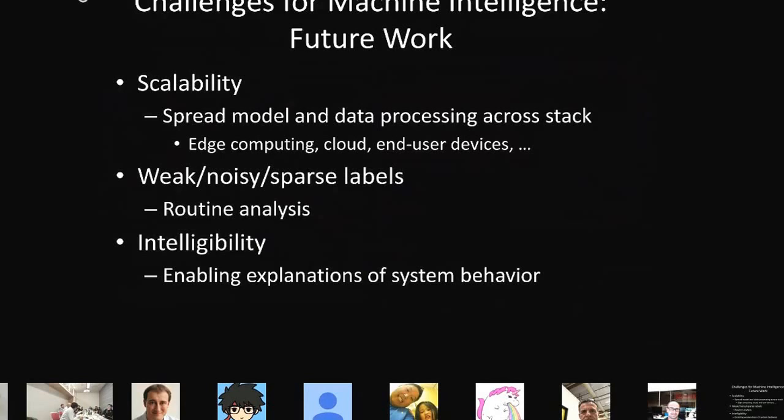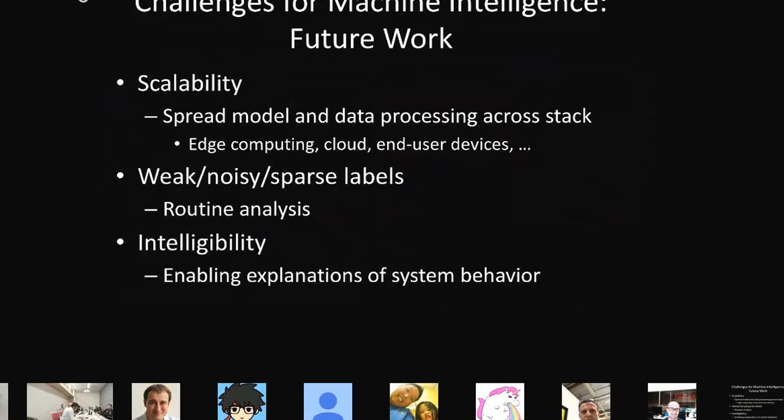So the challenges that we're looking at here, like I said before, are scalability. We want to be able to essentially run our intelligence platform from really the edge, which is at the sensors, all the way up to the end user device, and figure out how to distribute it appropriately, and not distribute it in an ad hoc way, but actually come up with heuristics or a parameterized system where this can be determined dynamically.